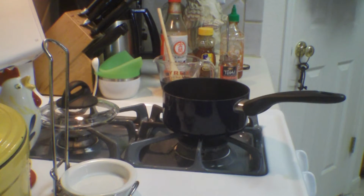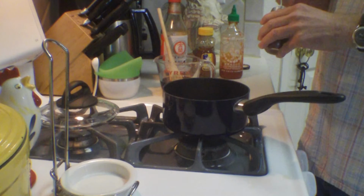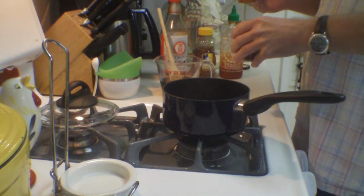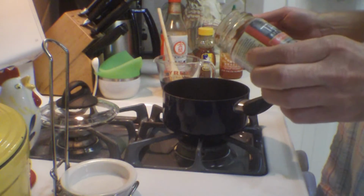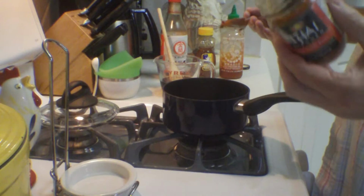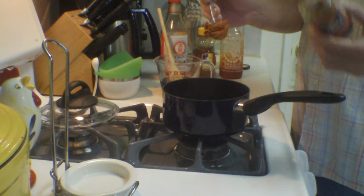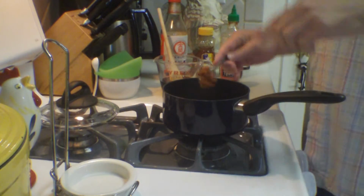So I'm going to start with 4 tablespoons of unsalted butter, and then a big rounded tablespoon of Thai red curry paste. This is basically called chicken wings with Thai chili. I haven't decided what to call it yet, but a good amount of Thai red curry paste. Now this stuff isn't very hot,